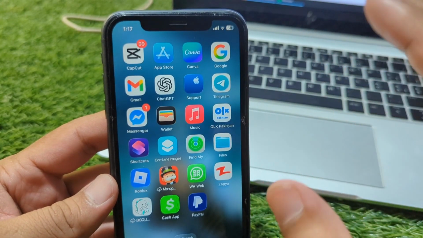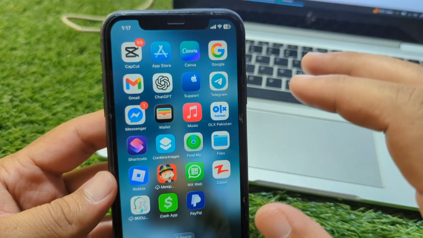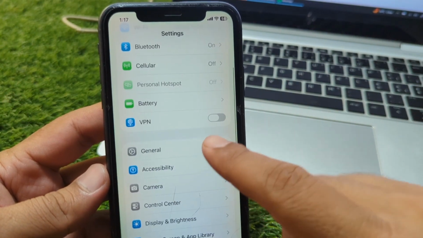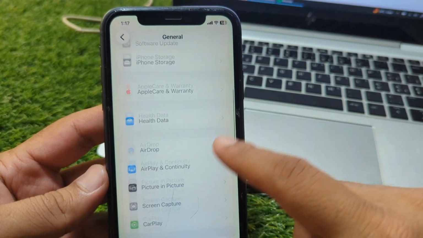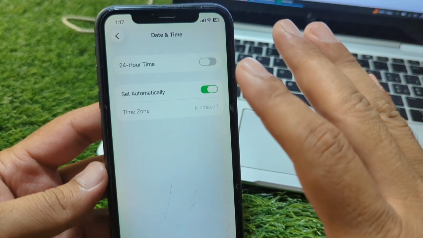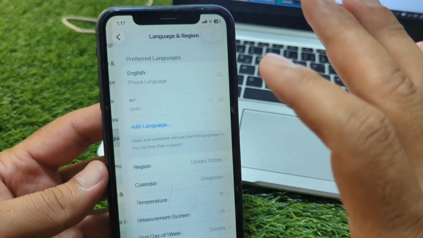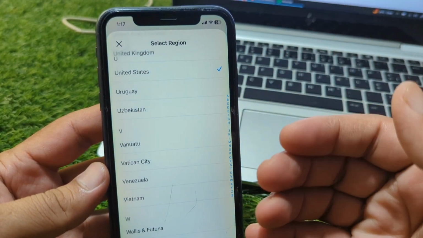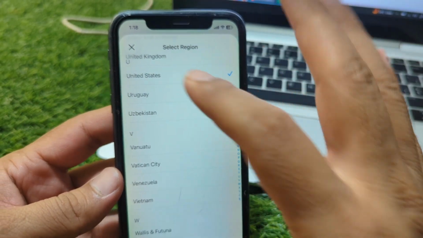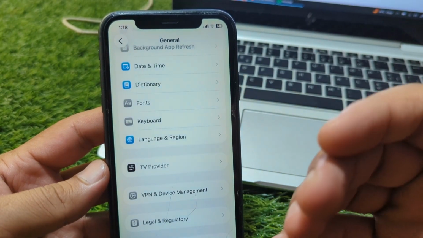and if the problem is still there, then go for the next solution, that is you have to simply set the date and time of your device. So guys, for that open Settings and then scroll down and go to General, and then scroll down and go to Date and Time and set your date and time from here. So guys, do this, and after this go back and now go to Language and Region, tap on Region, and from here select your country or region correctly. So guys, do this, and after this check if the problem is fixed or not,